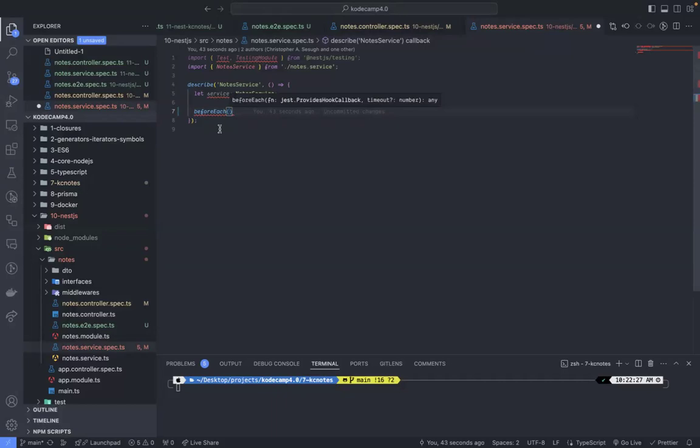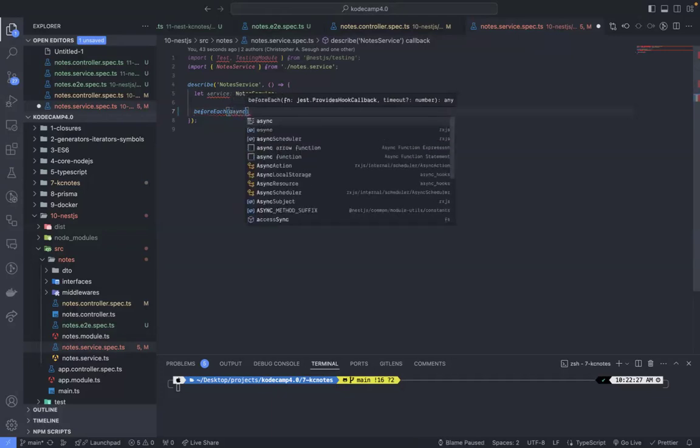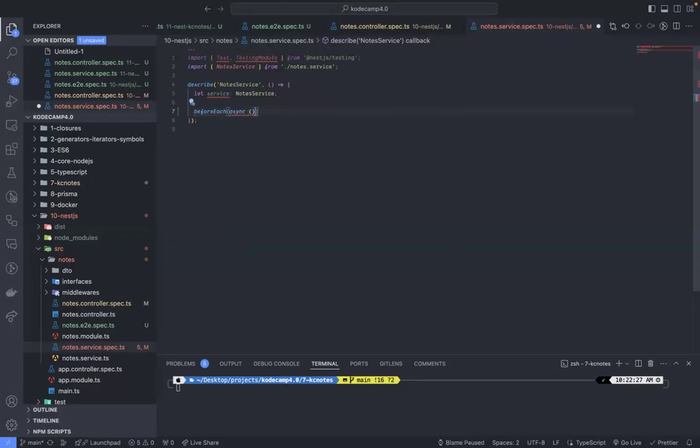If you run the first test, this function will be called before the first test. If you want to run the second test, it will be called before the second test. Okay, so say before each test, we say async. So this is an asynchronous function. So we call this asynchronous function, and then you say